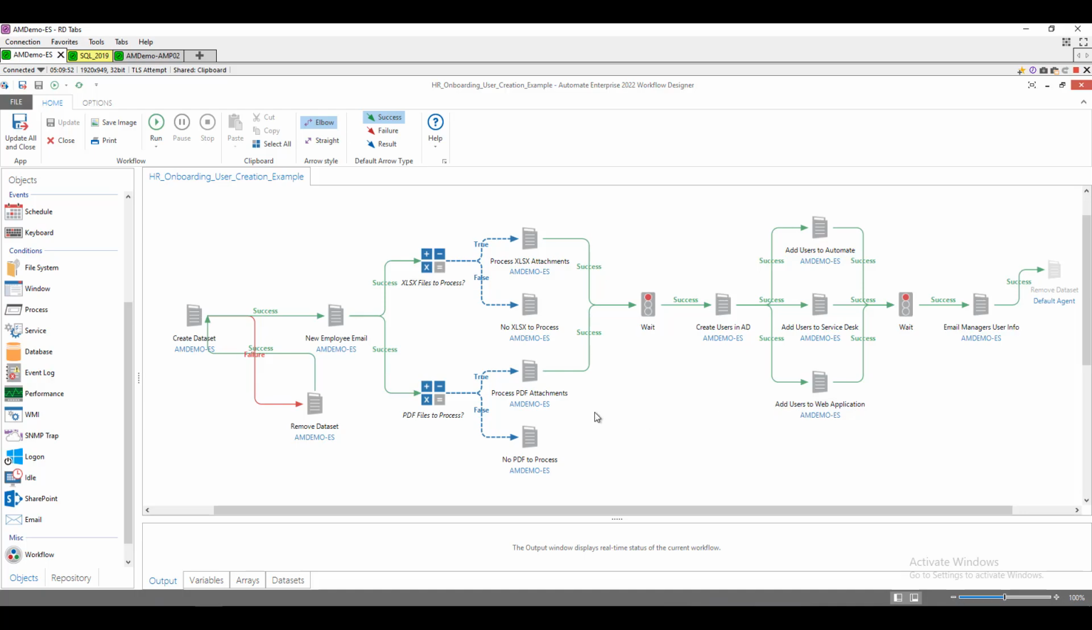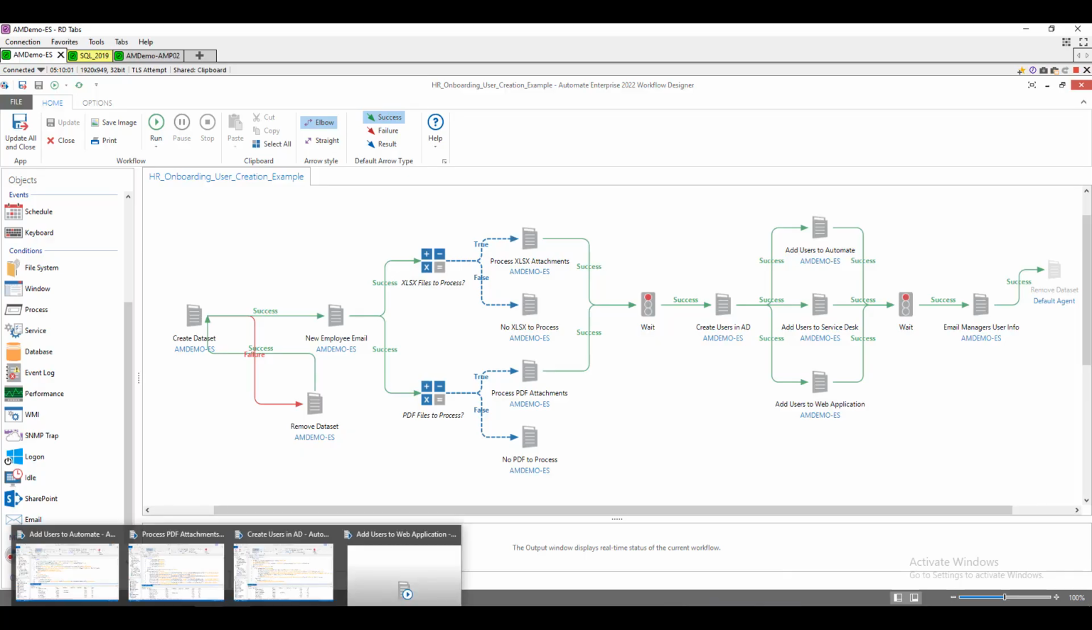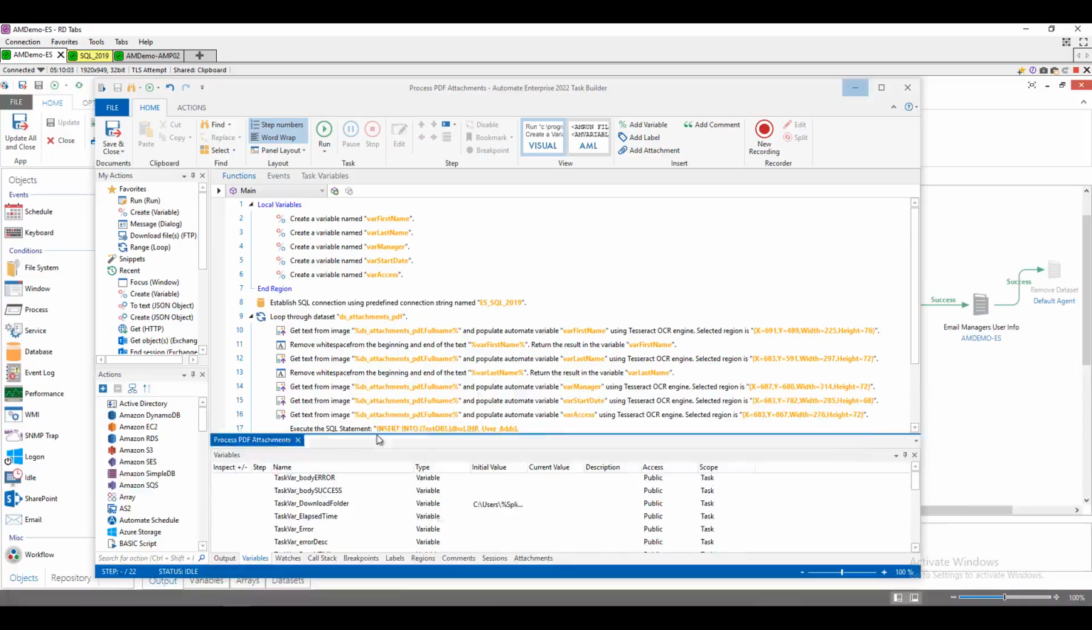And I'm going to open up a couple of these tasks just so we can see how simple it can be to create these things using Automate. So let's open up our process PDF attachments task here. And the first thing I want to point out is that as we open up